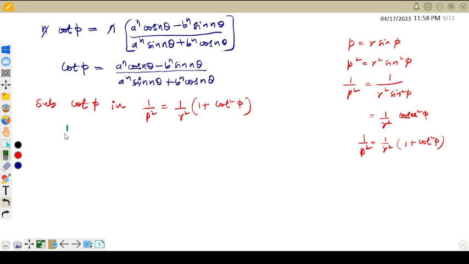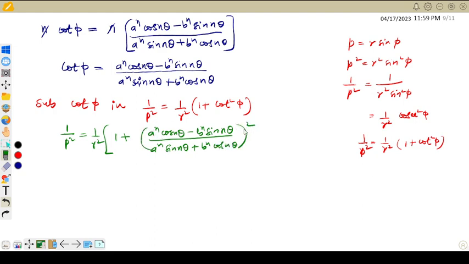Okay. 1 by p square is equal to 1 by r square into 1 plus cot square phi. Cot phi is a raised to n cos n theta minus b raised to n into sin n theta divided by a raised to n into sin n theta plus b raised to n into cos n theta whole square. So this is 1 by p square is equal to 1 by r square times of